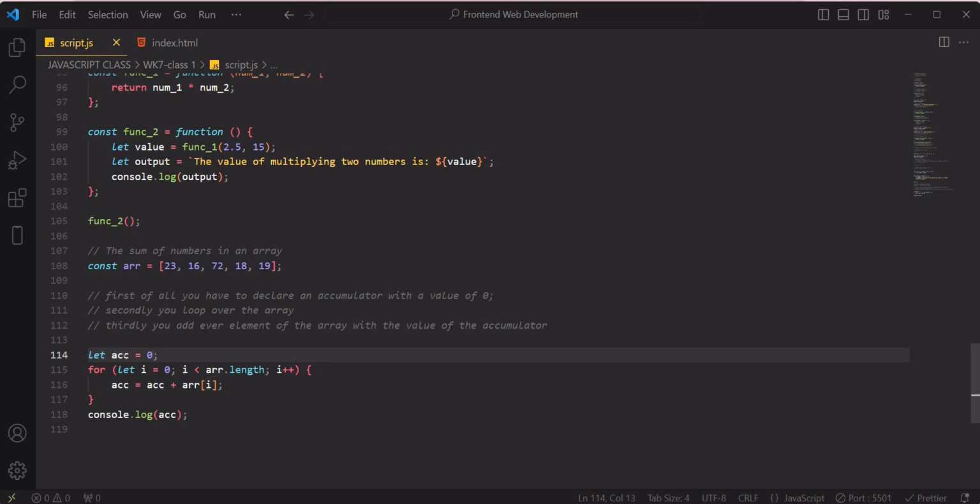So this is what we have here. This ACC can be anything. It can be sum, it can be total, it can be anything. I'm just making it descriptive. So I would say let accumulator ACC equals 0. Then we loop over the array. Then we'll say ACC, which is the variable, equals ACC, which is the value, plus array